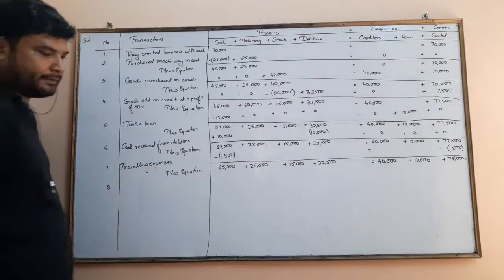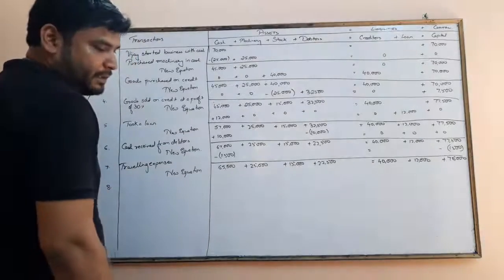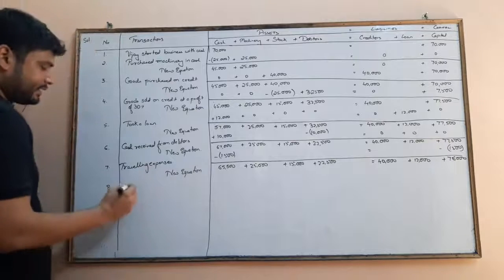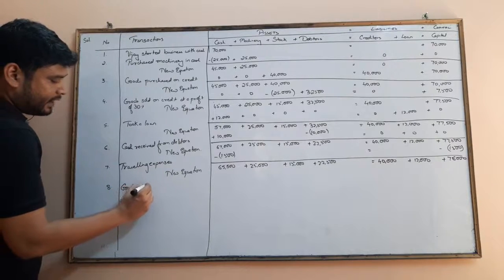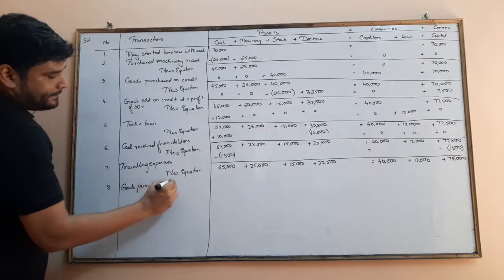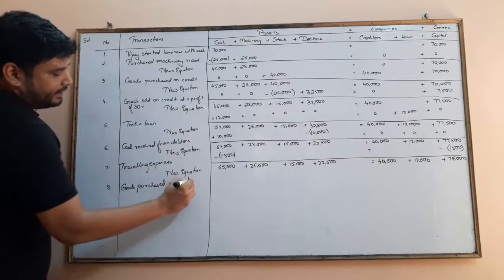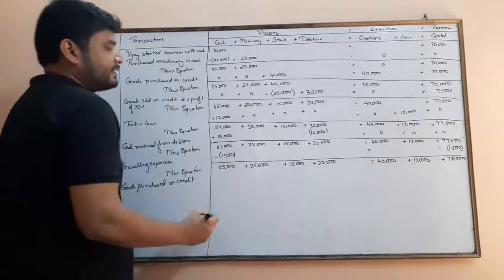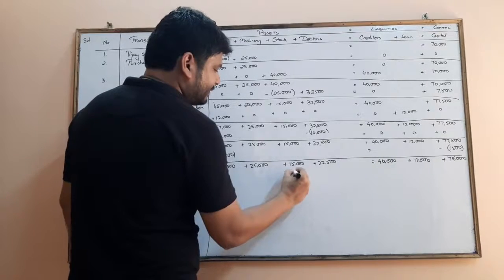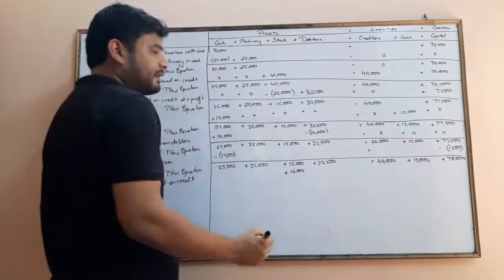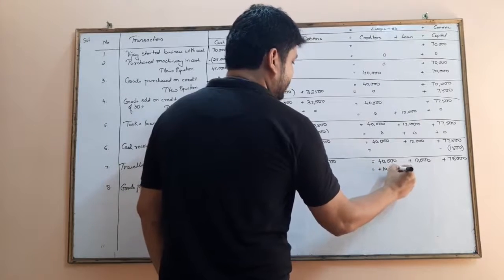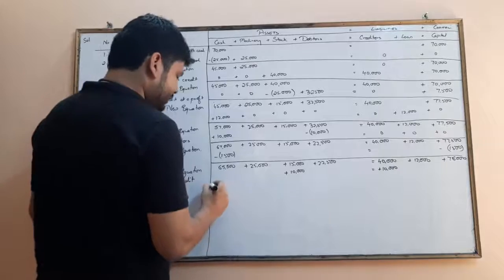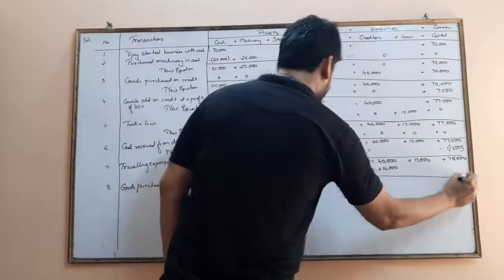Point number 8. Now point number 8 says goods purchased on credit for rupees 10,000. Now I'm again purchasing goods. And in which form? In the form of credit. So I have purchased goods of rupees 10,000, plus 10,000. And I have increased my liabilities by purchasing on credit, plus 10,000 in creditors. So after this transaction, my new equation will be